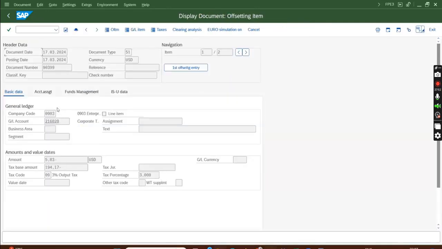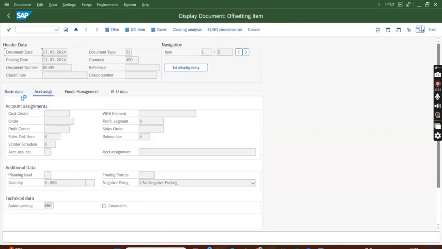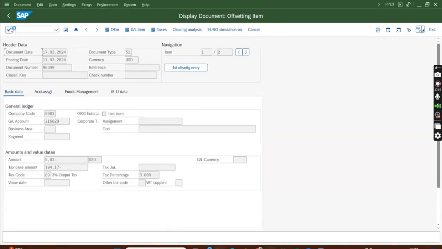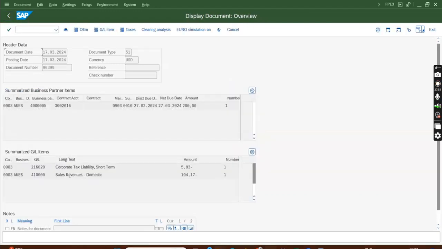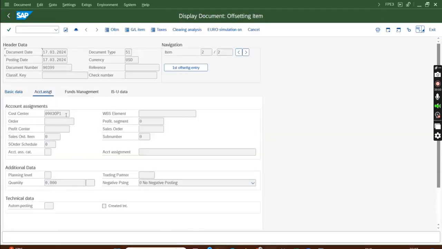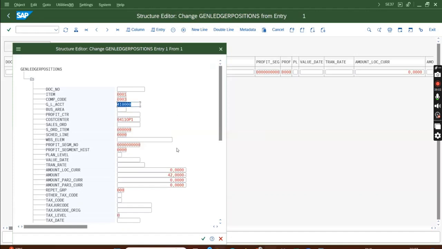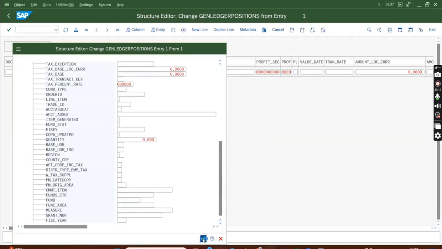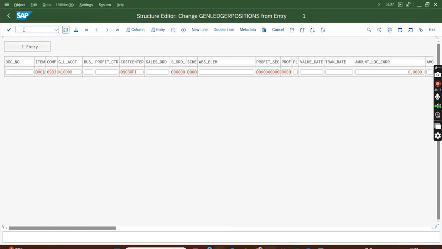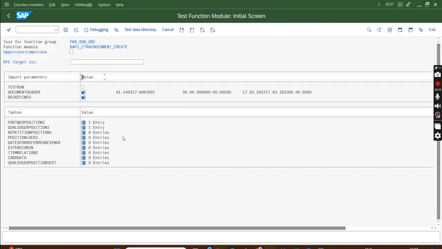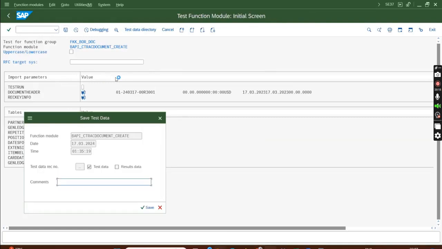Corporate tax liability cost center is, sorry, not in the tax liability, in the revenue line. Cost center is this. I'll replace the cost center. I entered 50 now, so I'll enter 50 here. Done. Refresh. Back. I'll just save it as